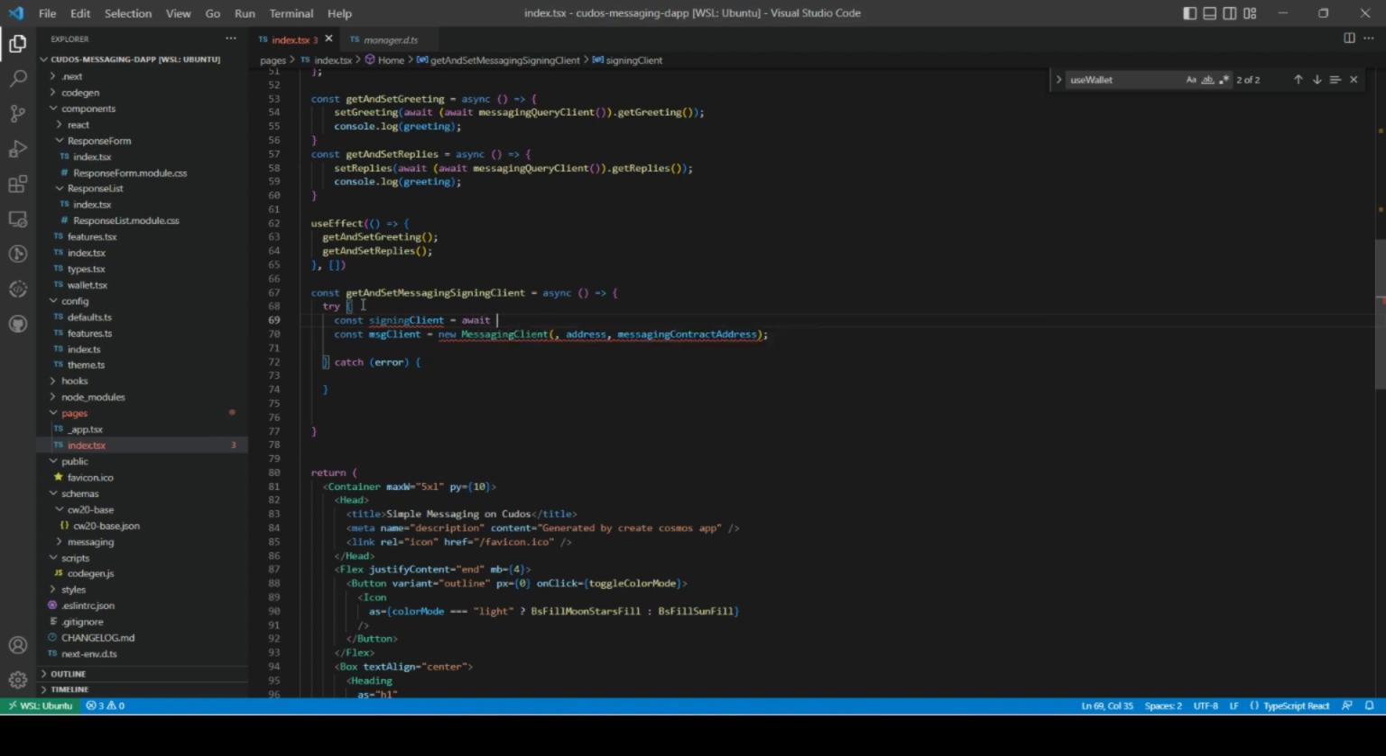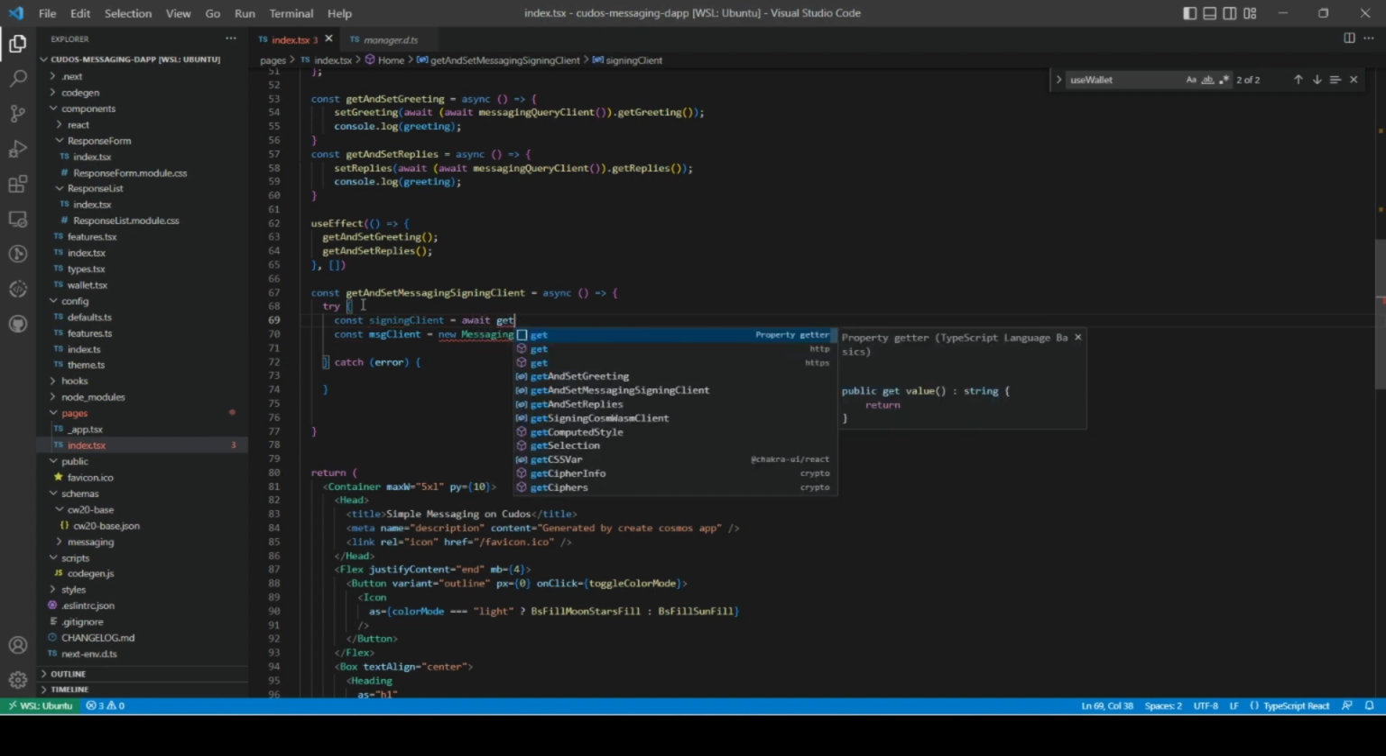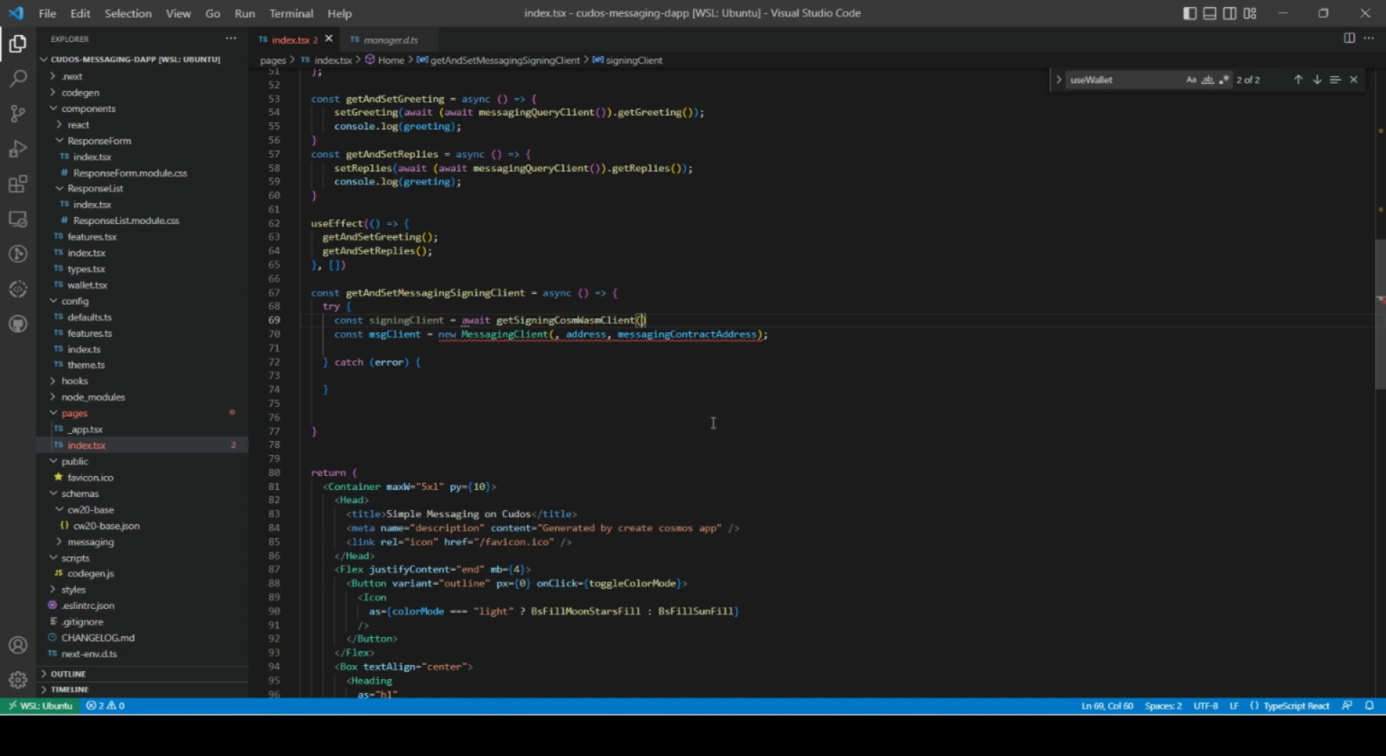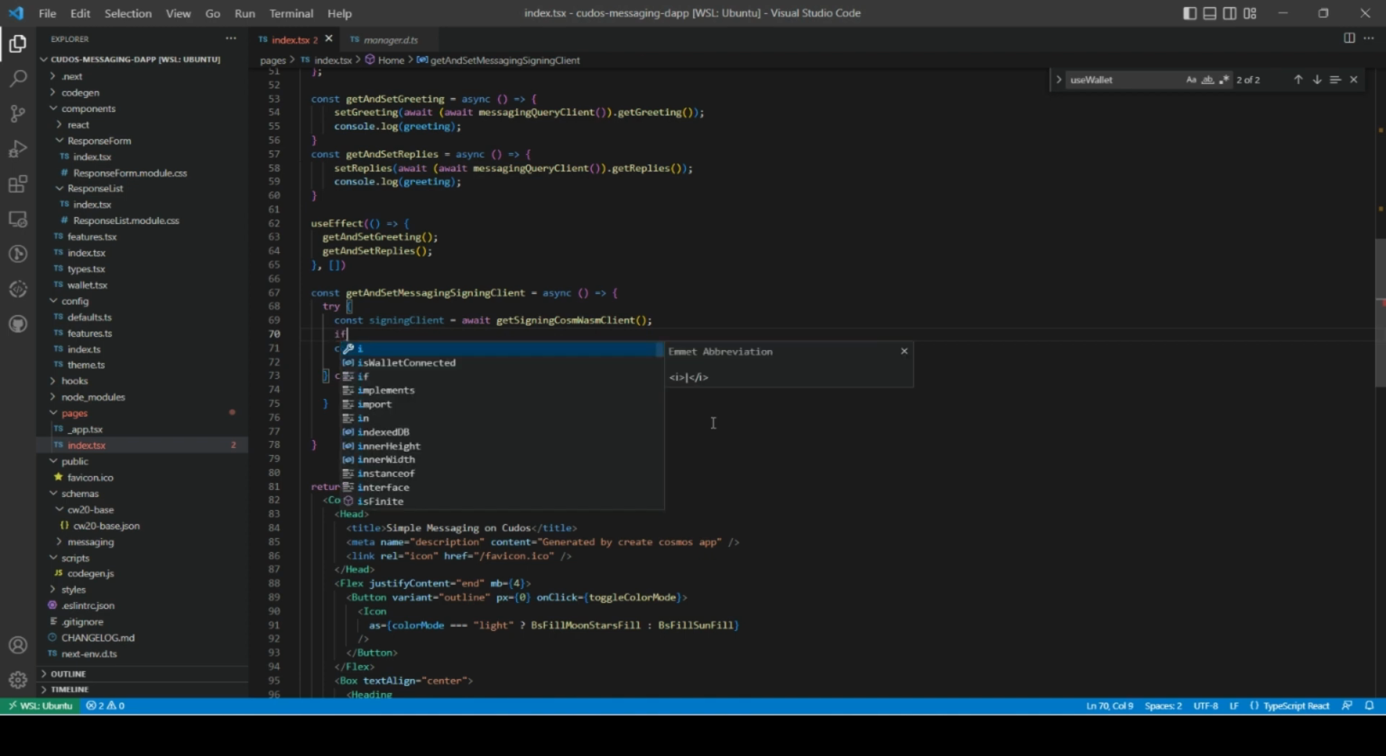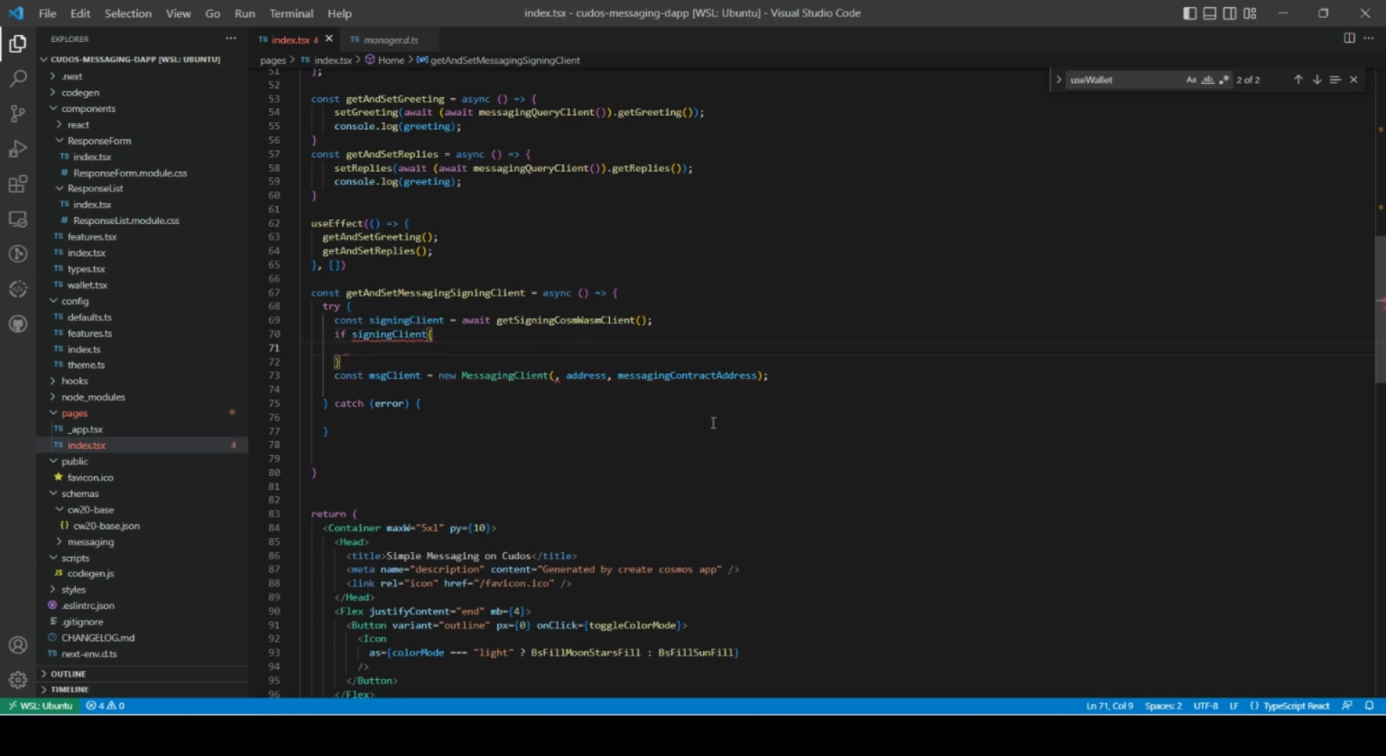sign-in client equals await get sign-in CosmWasm client. So if we get the sign-in client, if sign-in client,